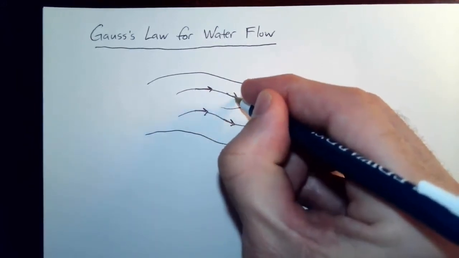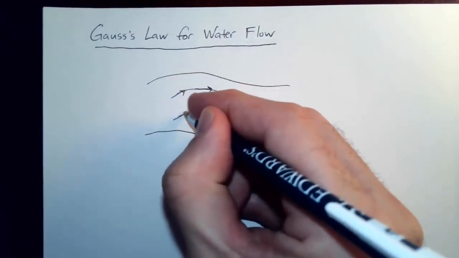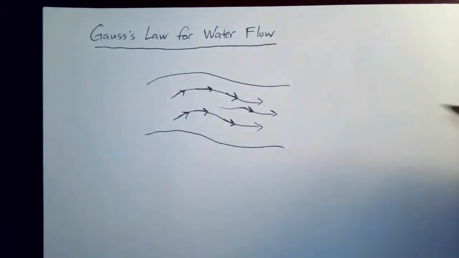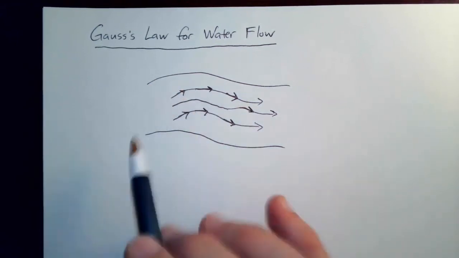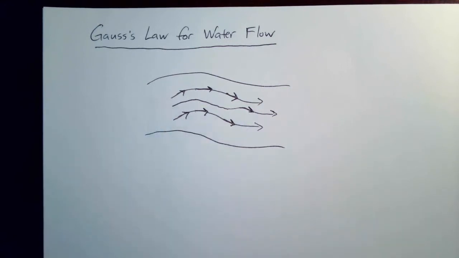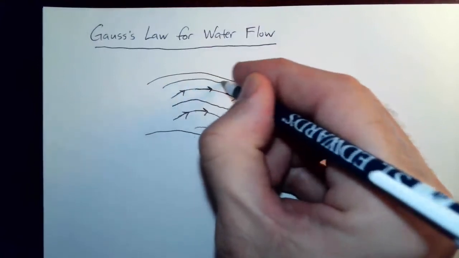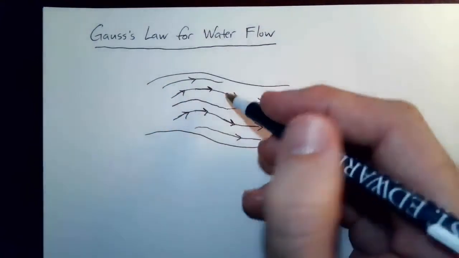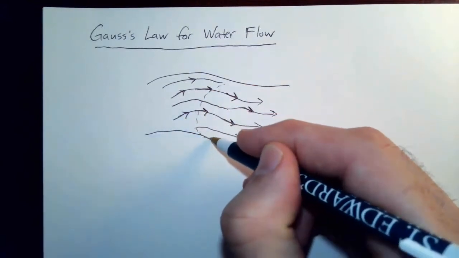This looks a lot like, you may have seen this for air, for example. If you've ever seen a diagram of a wind tunnel, you see the arrows showing the flow of air around a car or around an airplane. So it's the exact same thing, and everything I say here would work for a wind tunnel as well. So I have this vector field. Now, if I draw a Gaussian surface in the middle of the stream here,